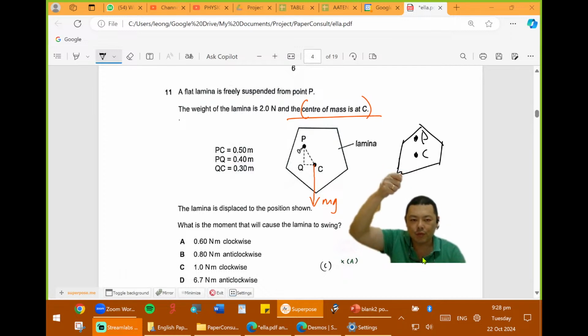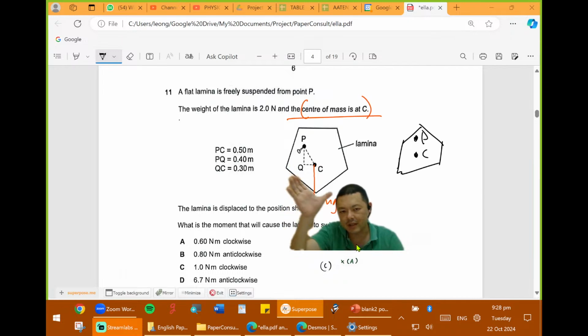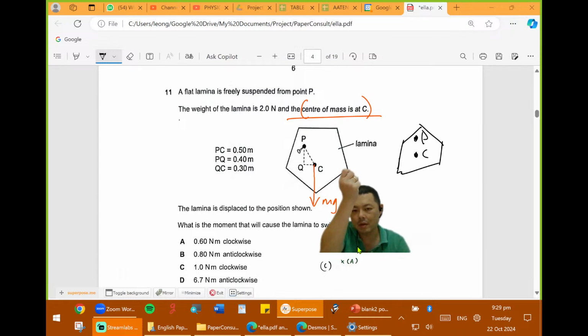Then it will just hang very nicely like this, right? But because I moved it, I rotated it, I pushed it to the side, so therefore it's rotated to the side now. So the weight is no longer passing through the pivot. Do you see that? And if it's not passing through the pivot, then it will create moments, right? Because once I let go, it will start to swing back. And if it swings back, then the weight here will generate a moment around pivot P, correct?